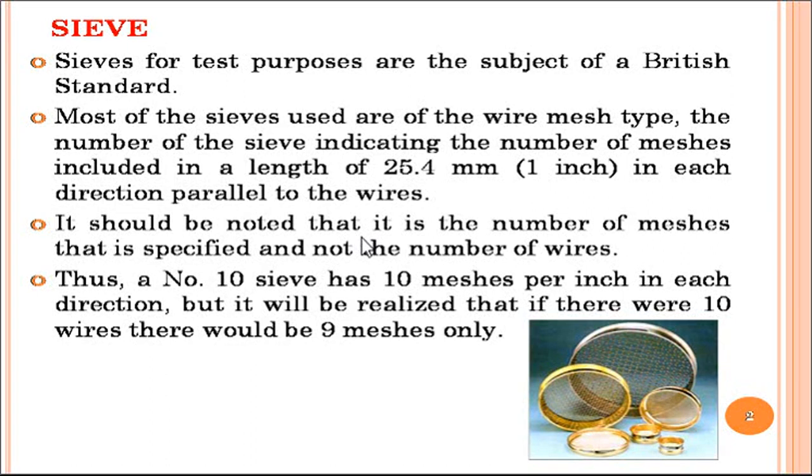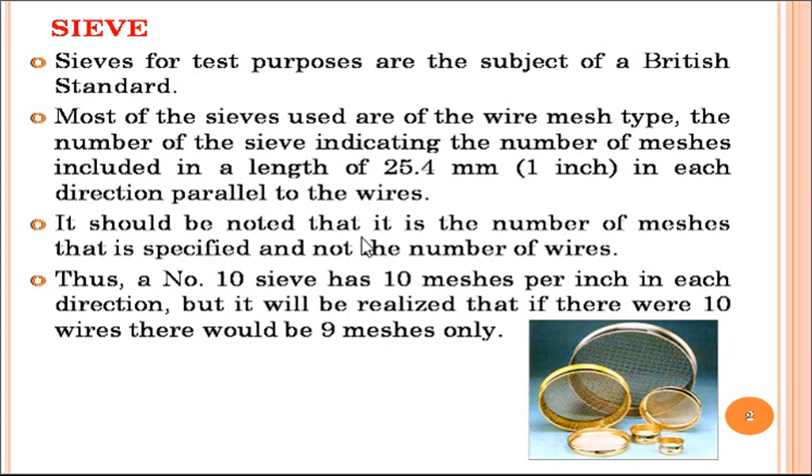Again, I want to request all of you to recall that earlier we classified the different categories of powder, and that classification is solely based on the different sieve numbers. So you should be very clear about what is called sieve number, mesh number, aperture of screen, and all these things. First of all, before going into sieve, we must be very clear about what mesh is.